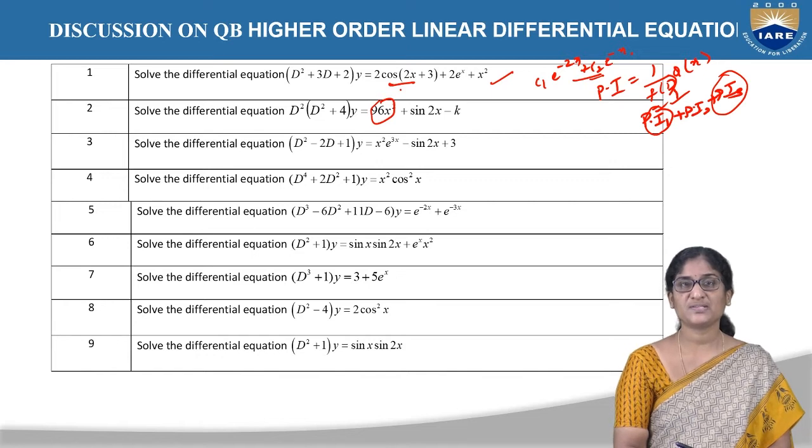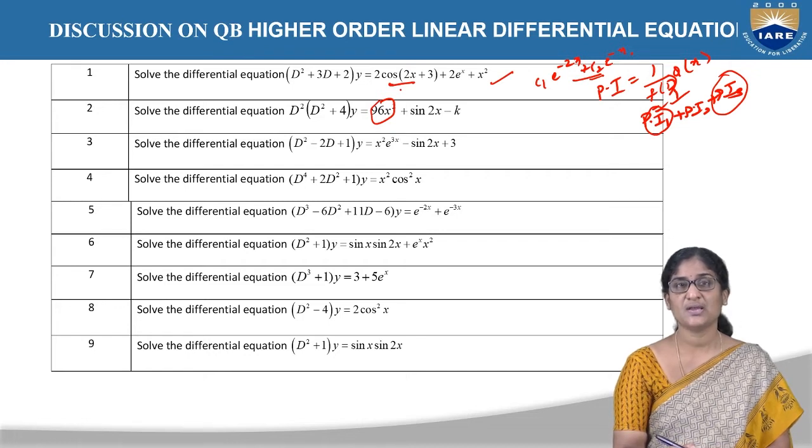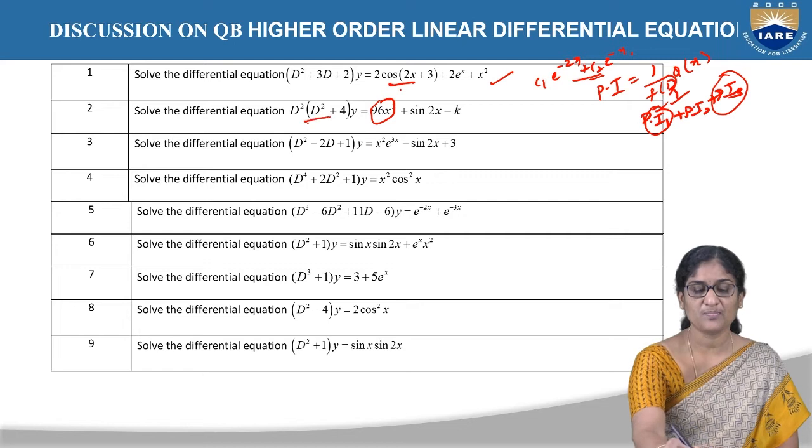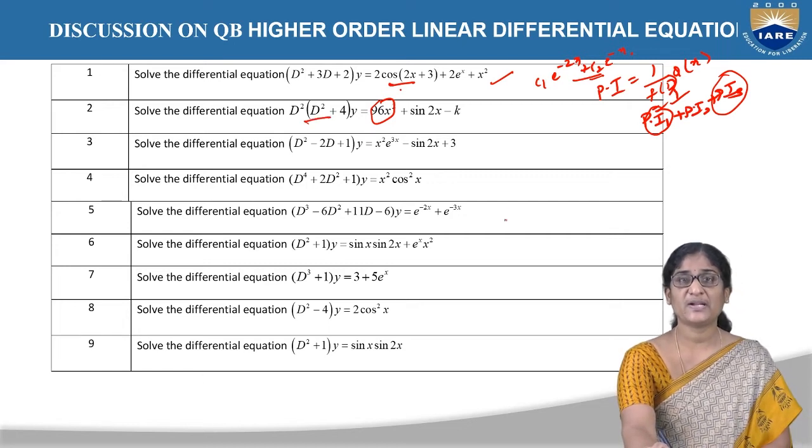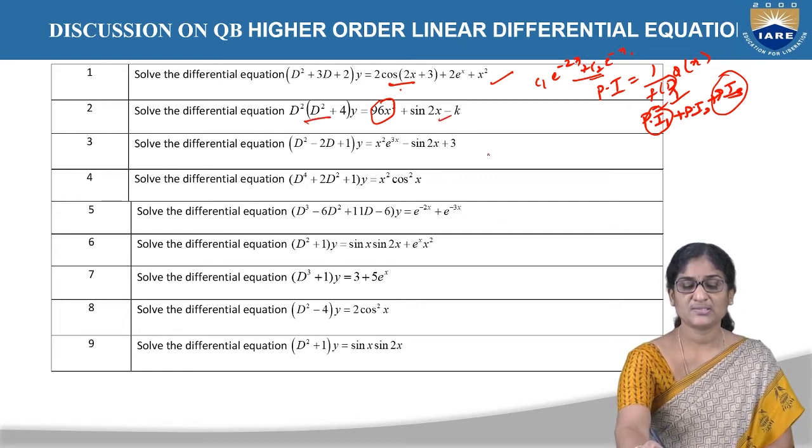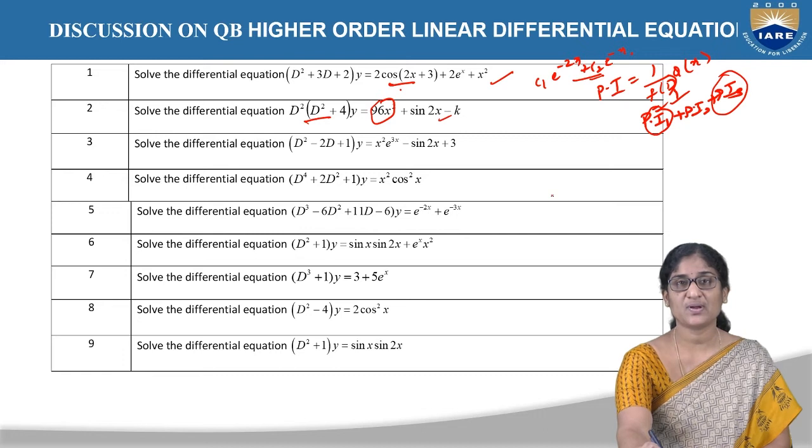So that comes out to be c1 + c2 x + c3 cos 2x + c4 sin 2x. Because it is a fourth degree equation, we will get 4 arbitrary constants. So that's how we can get the complementary function. Going to the particular integral, this is 1 by D squared (D squared + 4) into 96x squared, that is the first particular integral, which can be obtained by using the binomial formula.